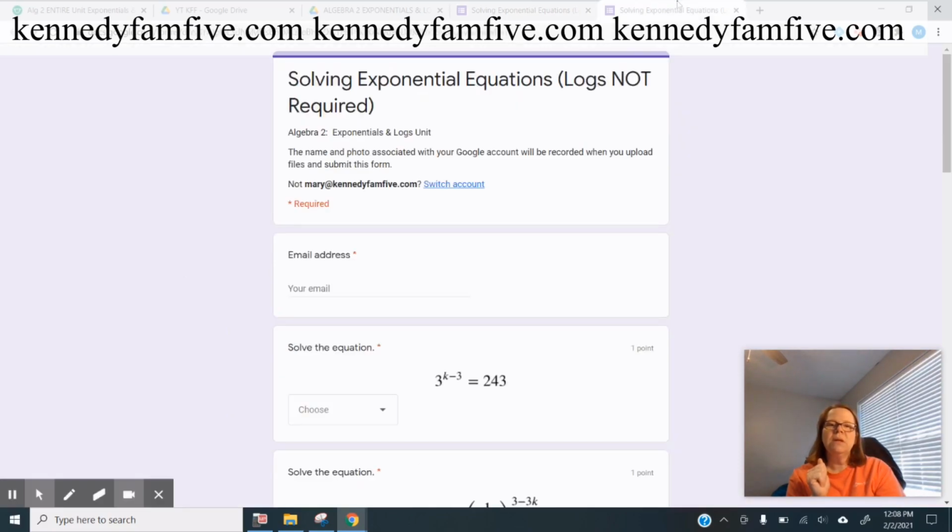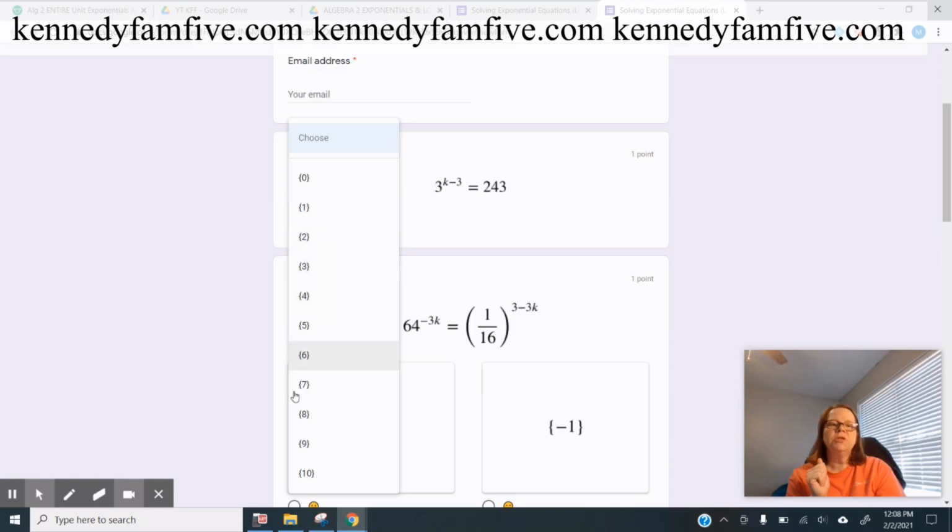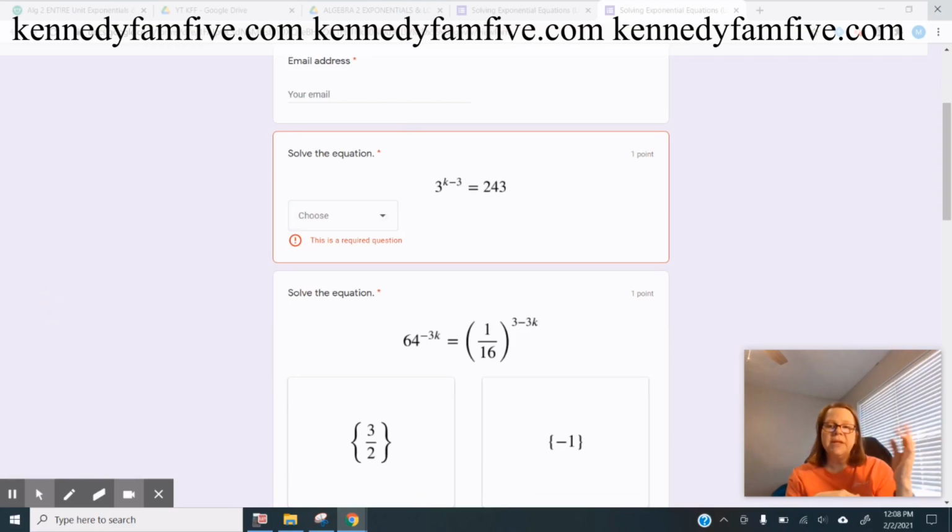Let me show you how that looks over here on the student side. They're going to see it as a drop down where they choose. Usually I shuffle answers, but because I was just doing a range, like 0 to 10 in this case, I didn't shuffle them. I thought there's no point in doing that. But if I had just picked random numbers, like -3, +7, 28, I would have probably shuffled those